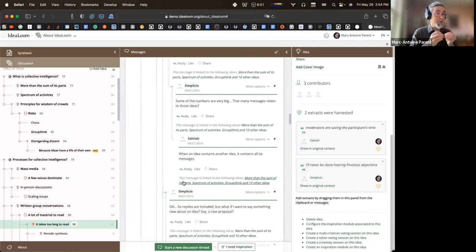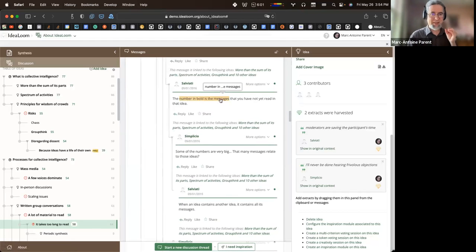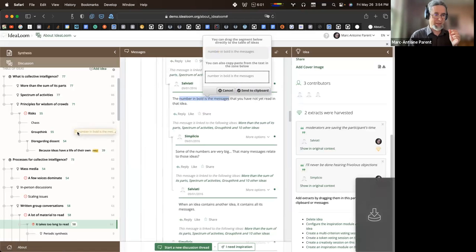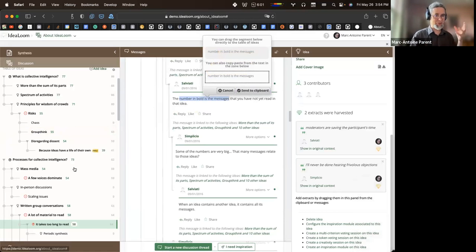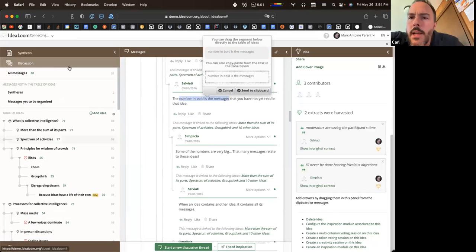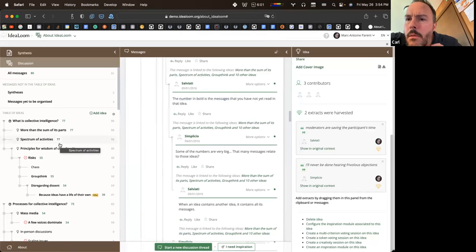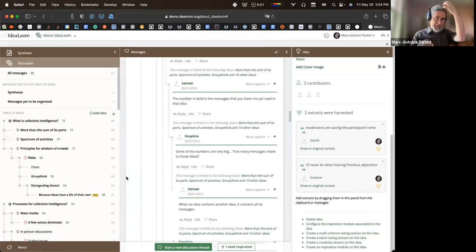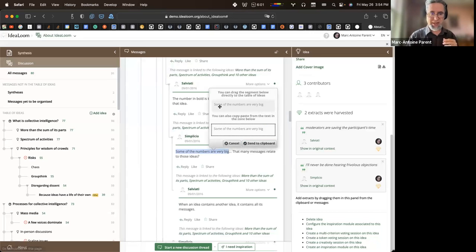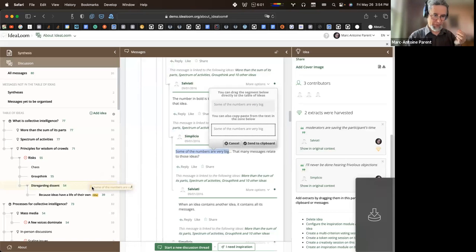Then somebody who wants to make a synthesis will go, oh yeah, look, this was said in an email, it's important, I'll make it an idea and drag it in the tree. Slow down with this part. So you selected text and said, make it an idea. How do you make an excerpt an idea? Making it an idea is a bit of a misnomer, but I can take an excerpt and just add it to an existing idea, so it becomes another excerpt in the idea. You associate it with an existing idea, right?